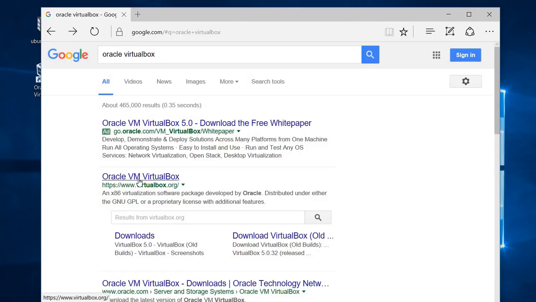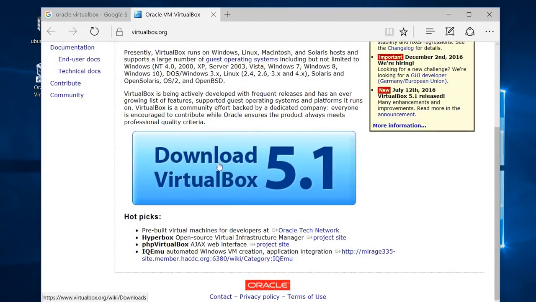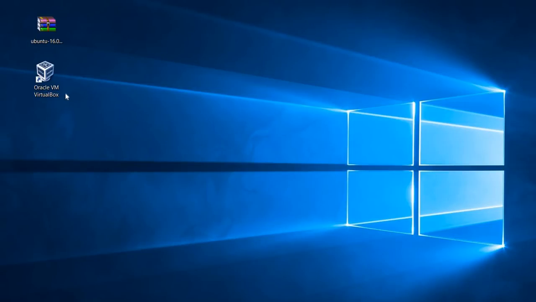So you can click here in the second link, and so you can just download it clicking this button. So I have already downloaded this software and I have installed it, so it's really easy to install VirtualBox. I have already installed the software, so I'm not going to go ahead with the way of installing VMware here. So if you have already installed this, you can just double click